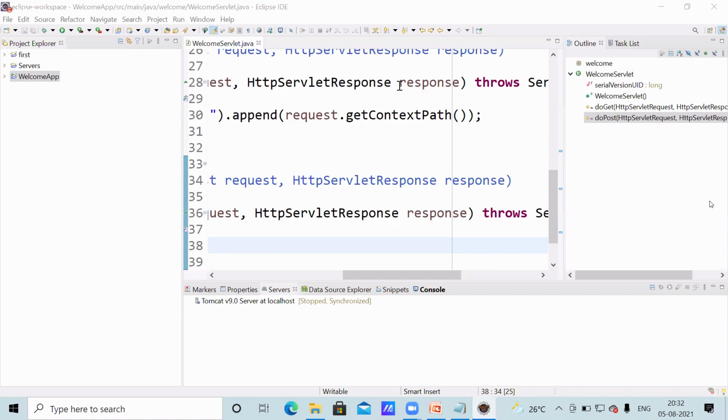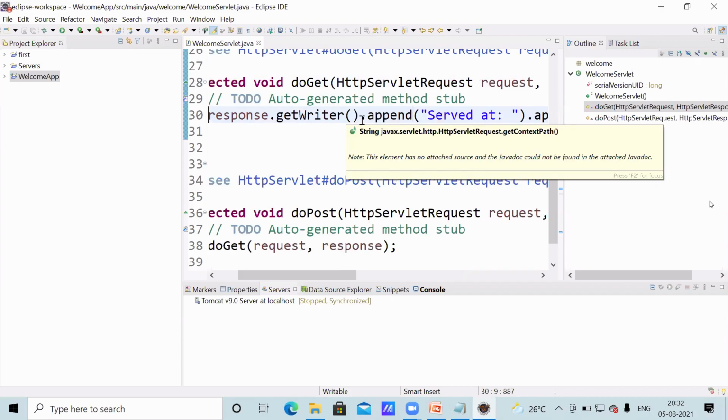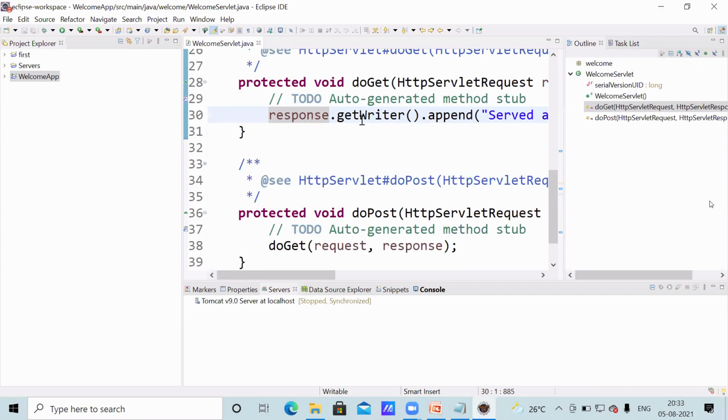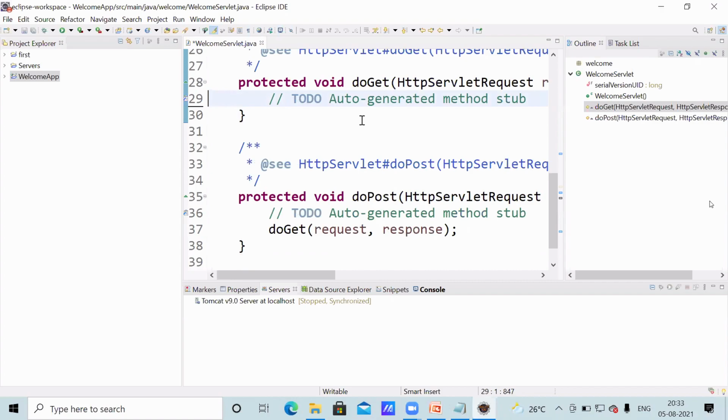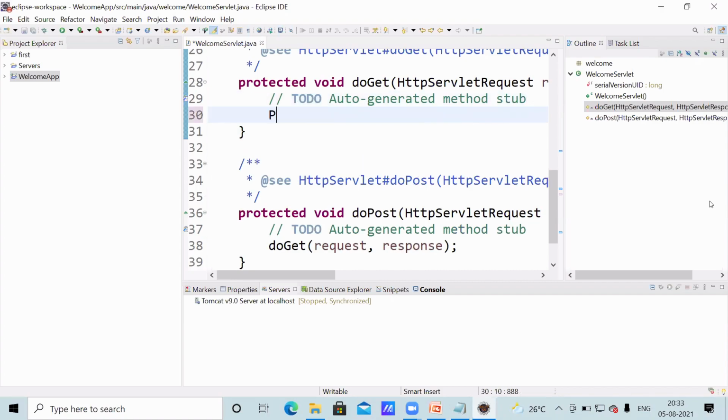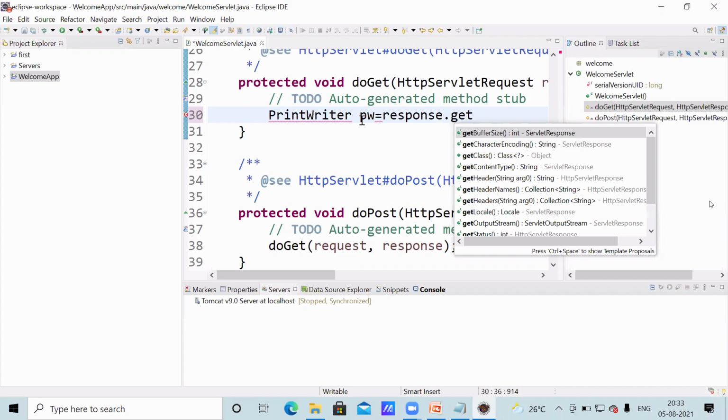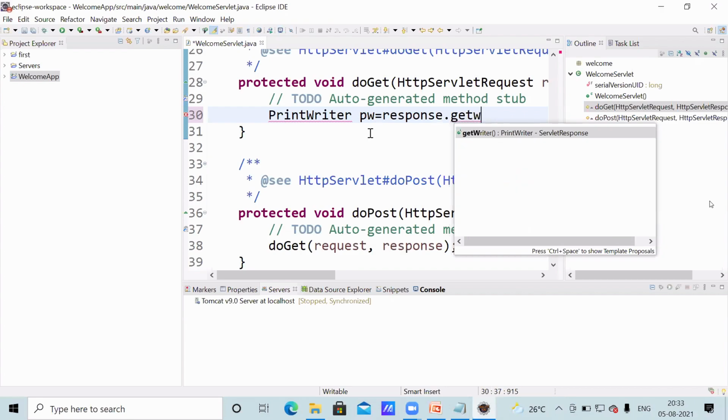The append method is a PrintWriter method. Suppose you want to display your own message, you can remove this and write code. PrintWriter pw equal to response dot getWriter. See, it is showing a list of methods.